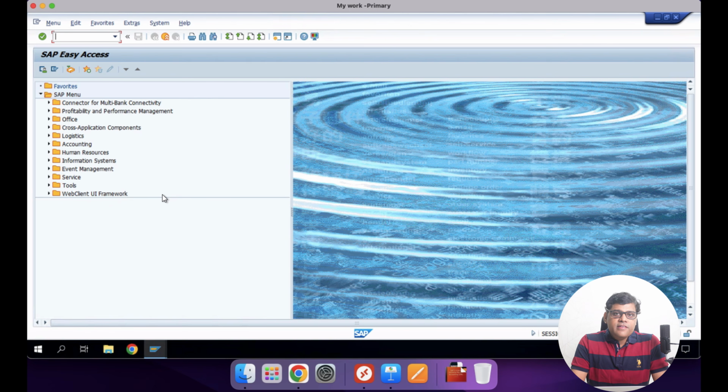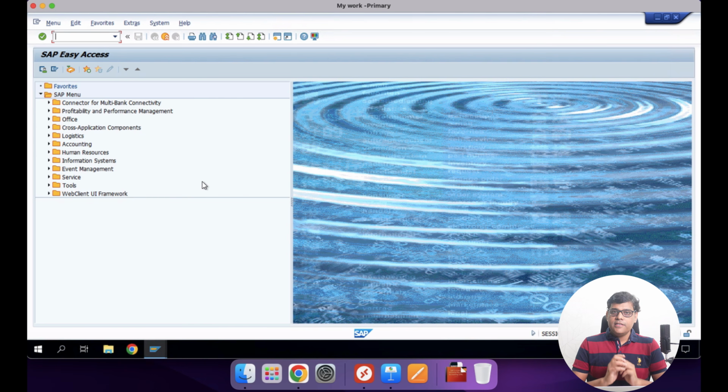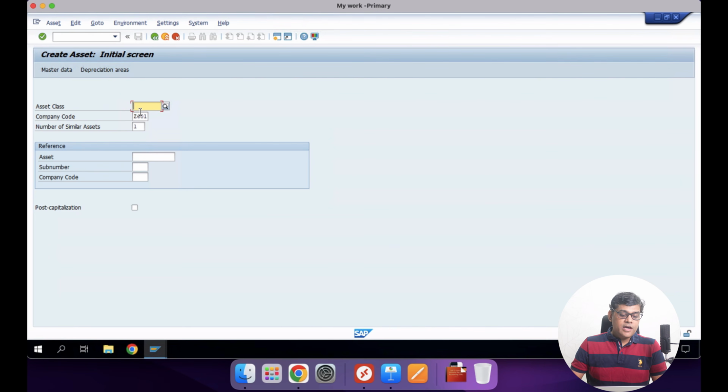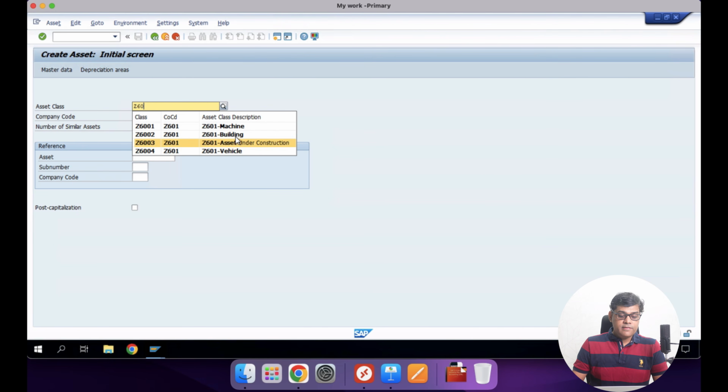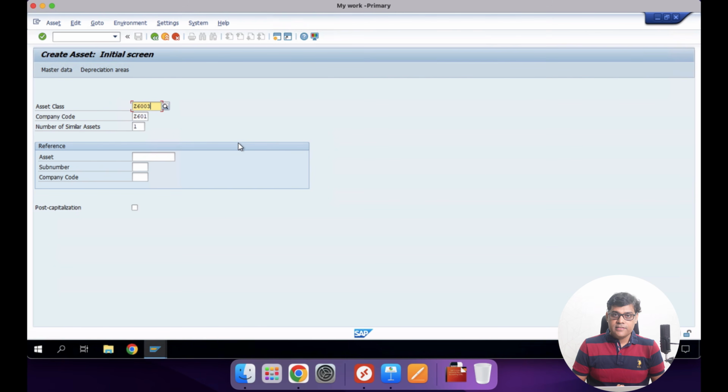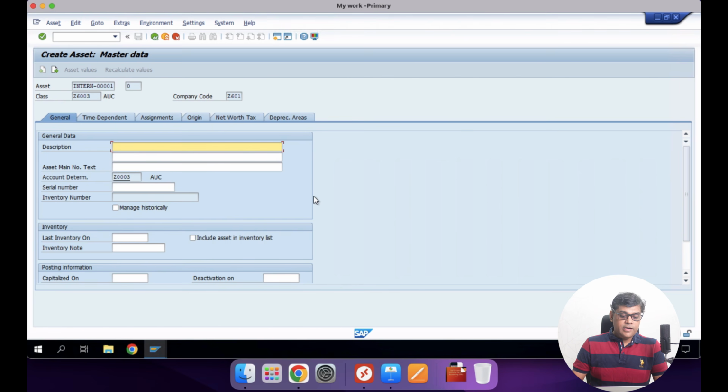Now let's see how this process actually works in the SAP system. So first we are going to create one asset that is related to asset under construction, so AS01, and you must have your asset class. So this asset class I have created as Z60. This is related to AUC, so this one will be the asset class, and create it. It's a temporary asset, give something as your asset description. So this will be our AUC, asset under construction for EV line. This is not our final asset, and